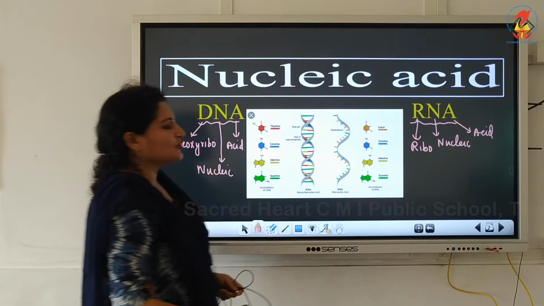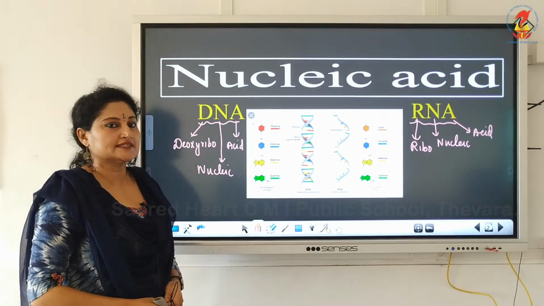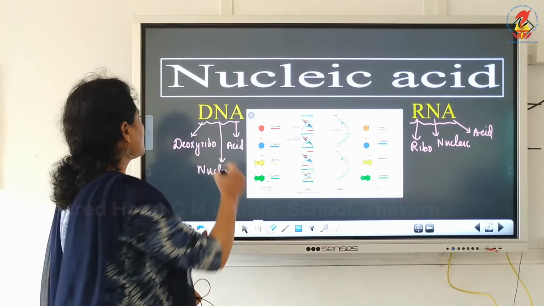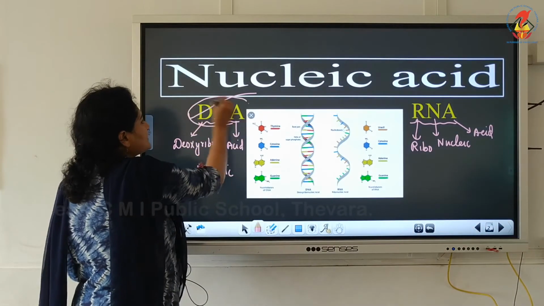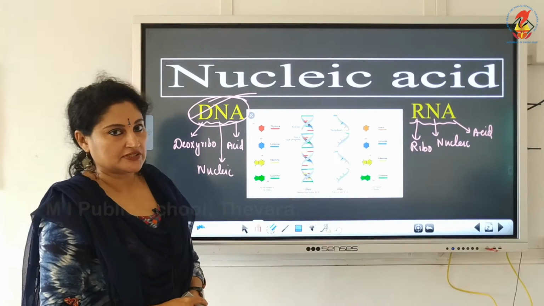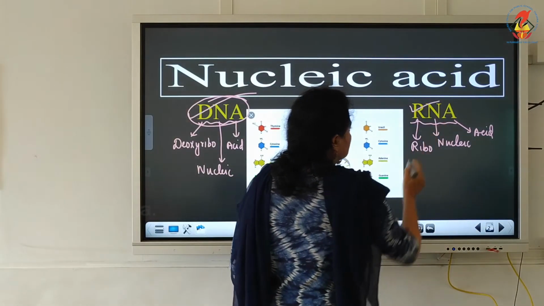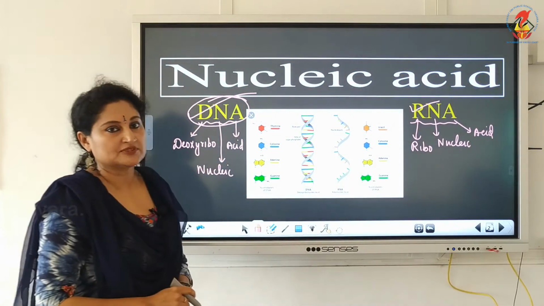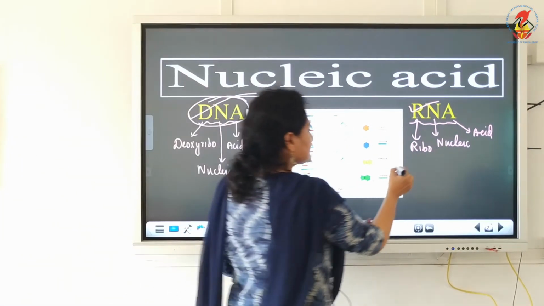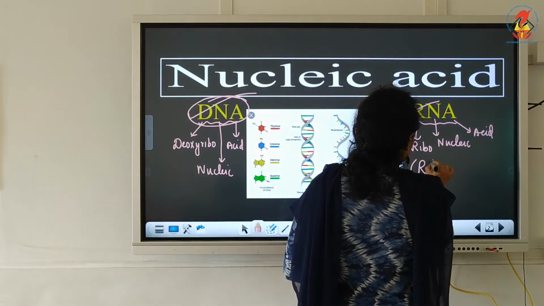The function of nucleic acid is to serve as the genetic material, but majority of the organisms have DNA as the genetic material. Only very few organisms have RNA as a genetic material. We know which are the organisms, certain viruses, and those viruses which have RNA as a genetic material are called